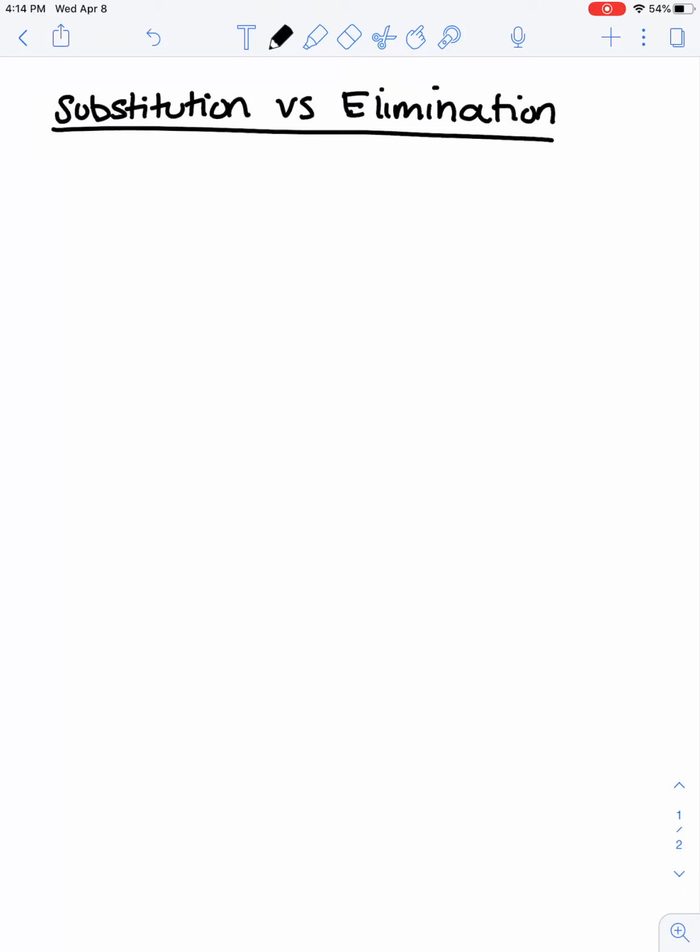Hi everyone, today we're going to continue on with elimination reactions. So we're going to look at substitution versus elimination, and we're going to look at all the factors that affect both substitution and elimination reactions. So when we talk about the strength of the base,